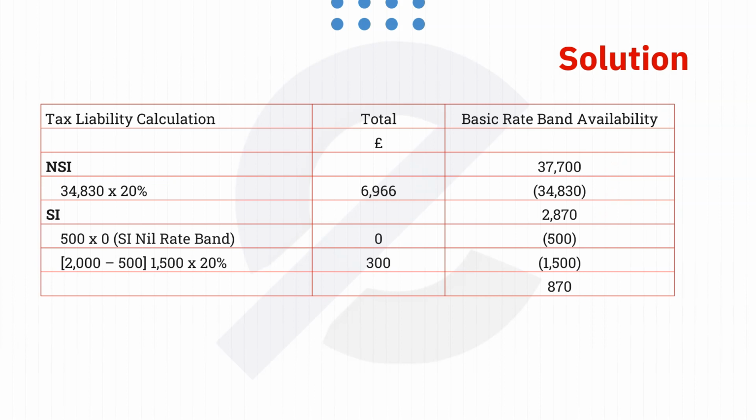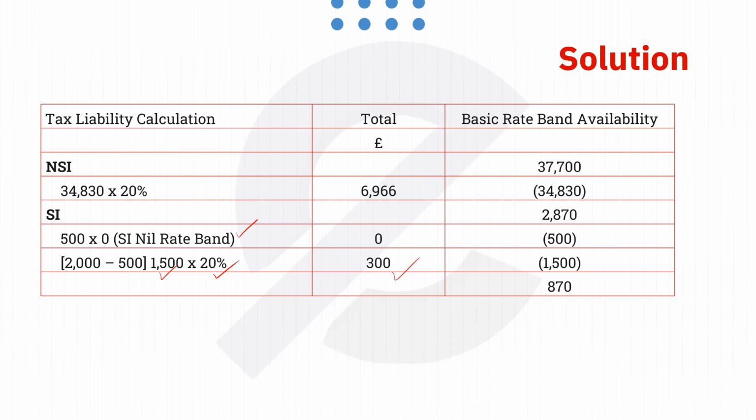The savings income taxable amount of £2,000 falls entirely in the basic rate band. But since the first £5,000 of the basic rate band have been used up by non-savings income, the starting rate is not available on the savings income amount. However, because Joe is a high-rate taxpayer, the first £500 of his savings income will now be covered by the nil rate band and will be taxed at zero. The balancing £1,500 is taxed at 20%, leading to a tax charge of £300.